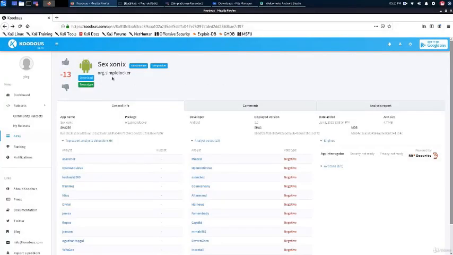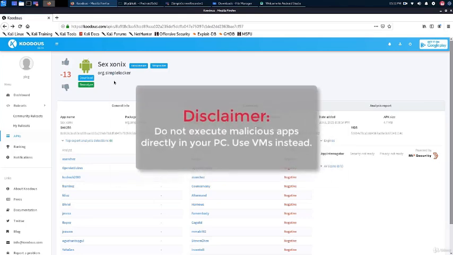Okay, so let's try and run this malware on an emulator, and let's try to understand what's happening during execution. Before we do this though, I have to make a disclaimer. It's not really recommended to be executing malware. You definitely don't want to download this APK and run it on your actual device. Definitely do not do that. Here we are running in a contained environment. We're running on an emulator on a PC that's dedicated for this specific work.